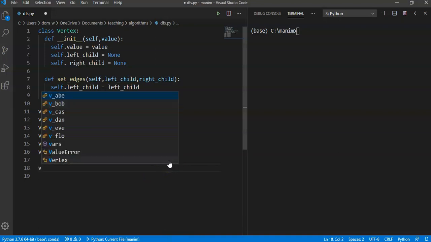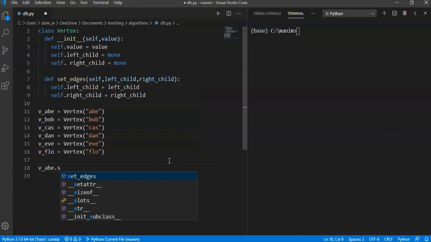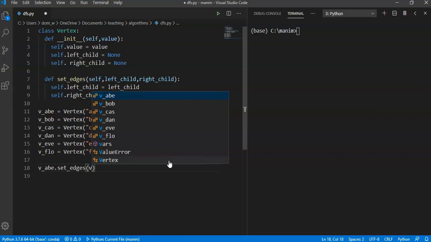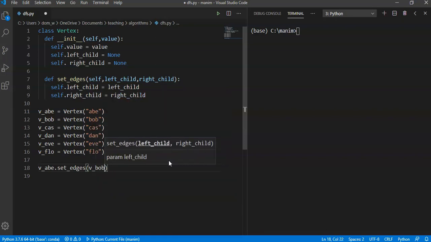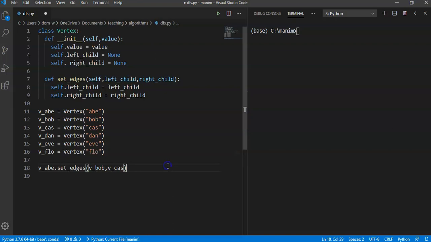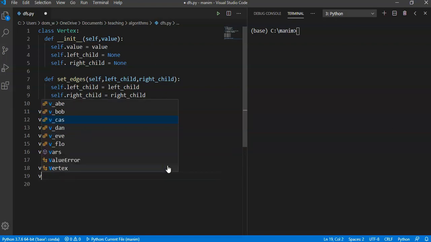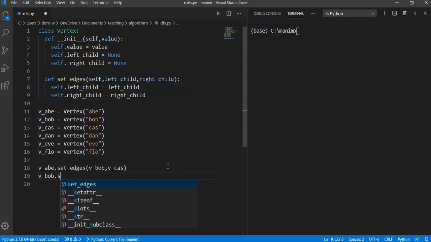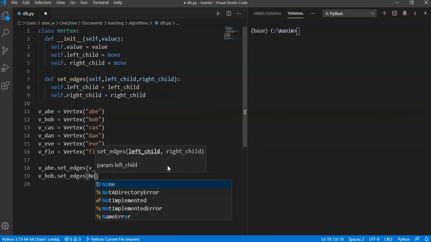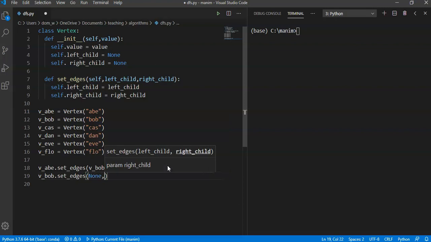Okay, so for vertex Abe, we're going to set its edges, and its left child is vertex Bob, and its right child is vertex Cass. Vertex Bob, vertex Bob doesn't have a left child, so we'll put a None there, and its